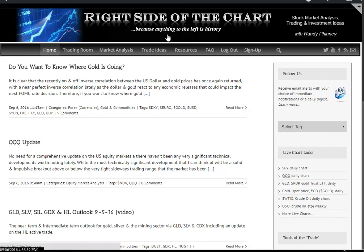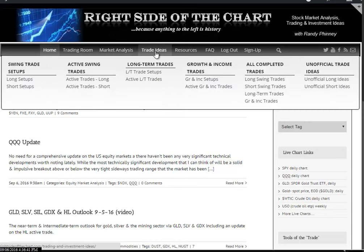Most of you probably know how to navigate the main menu up top. If you hover on trade ideas, the trade ideas are broken down by categories. The bulk of the trade ideas on the right side of the chart are right over here. They're